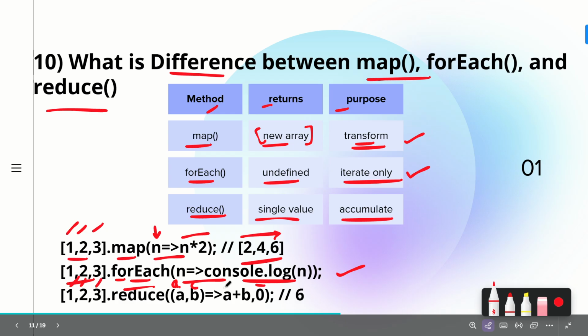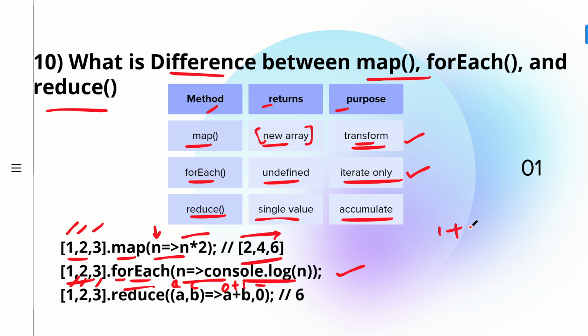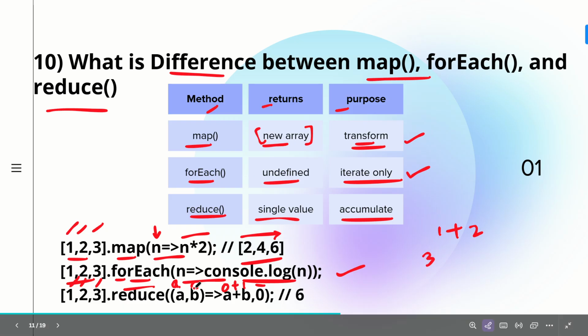So what are you doing? Your a, initially the accumulator, is 0. So 0 plus 1, what is 0 plus 1? It is 1, right? So you got 1. Then your accumulator has become 1, you have stored your accumulator as 1. And what is the next b value? It is 2. So 1 plus 2, what is 1 plus 2? It is 3, right? So your accumulator becomes 3, and then your current value will change to